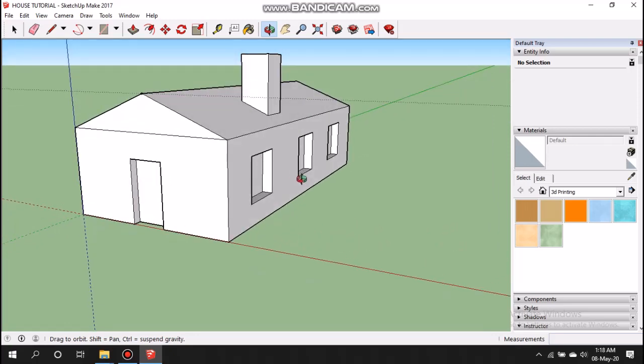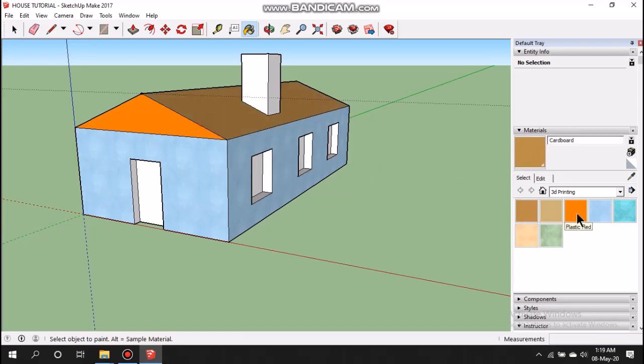So now let's paint this one. Choose the color of whatever you like. I choose this color and this color. Interior colors are this.